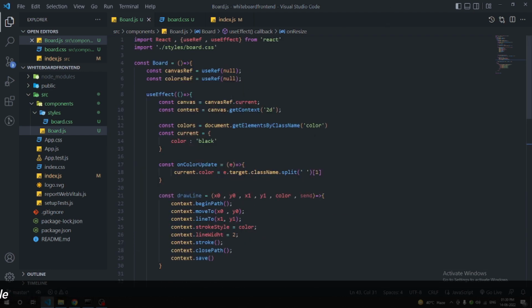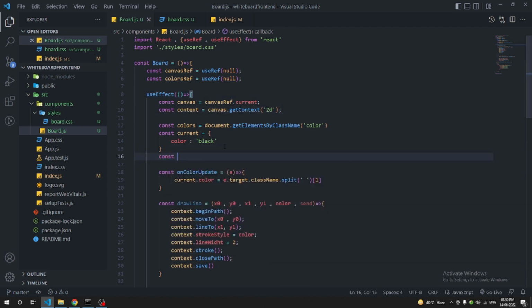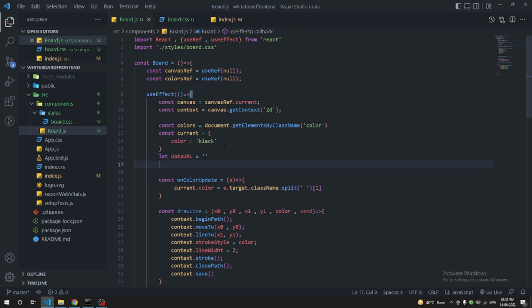So we can create variables: let dataURL, and let drawing is equal to false. Okay,